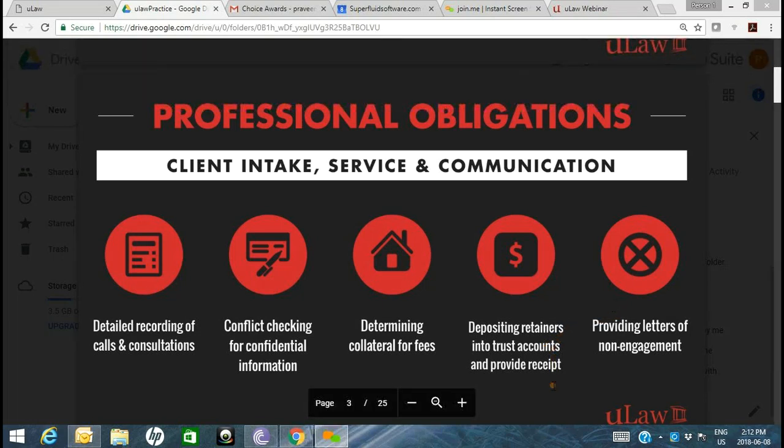The client agrees to that. Let's say he or she letter. Then you want to keep in mind some of the rules that govern how you handle trust money. Okay, there's always this